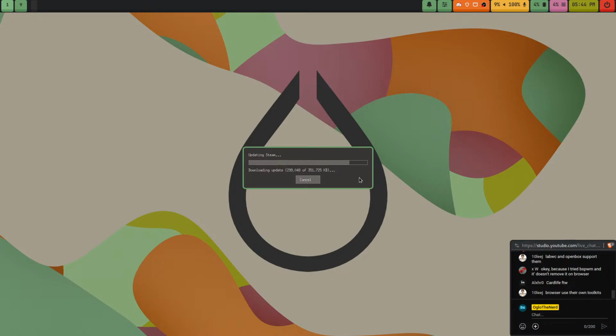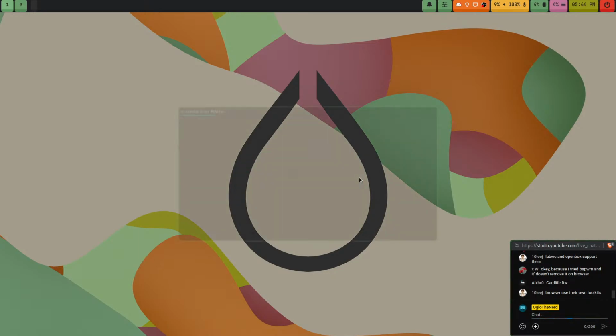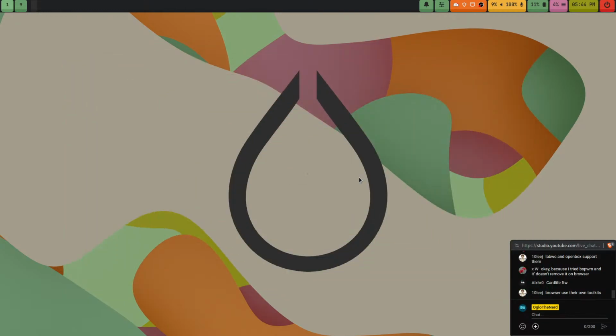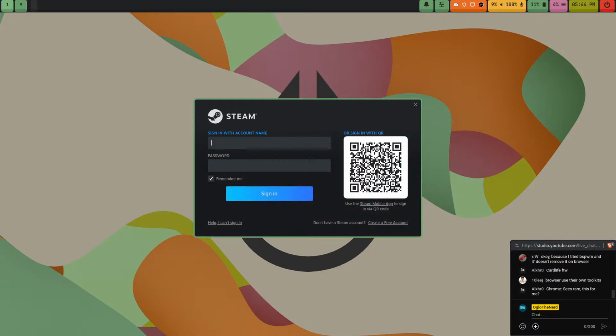I think the only sane browser, and I know there are going to be some people who don't believe me saying this, is Epiphany, aka GNOME Web, because they actually use GTK and stuff, and it makes sense because it's a literal GNOME app. So, yeah. Actually, I was watching an interesting video about